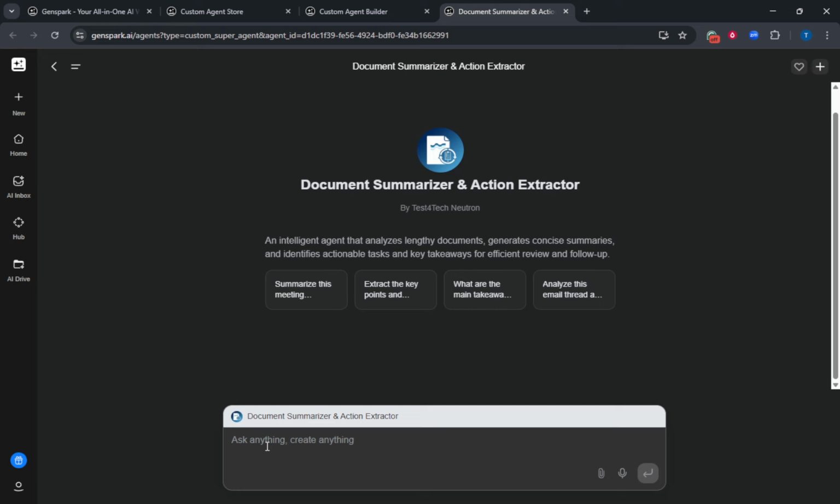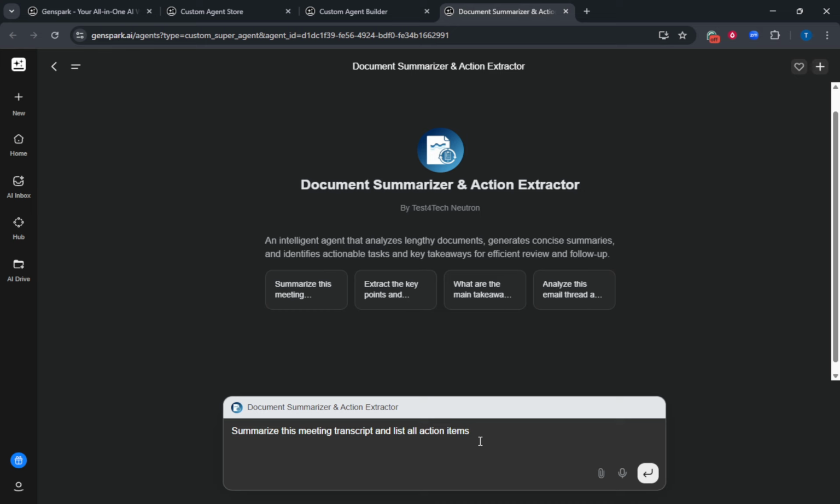Small tweaks, like clarifying the desired style, the level of detail, or the exact steps, can make a big difference. If needed, you can recreate the agent with a sharper description. As you test, avoid entering private or sensitive information and focus on representative examples that reveal whether the agent understands